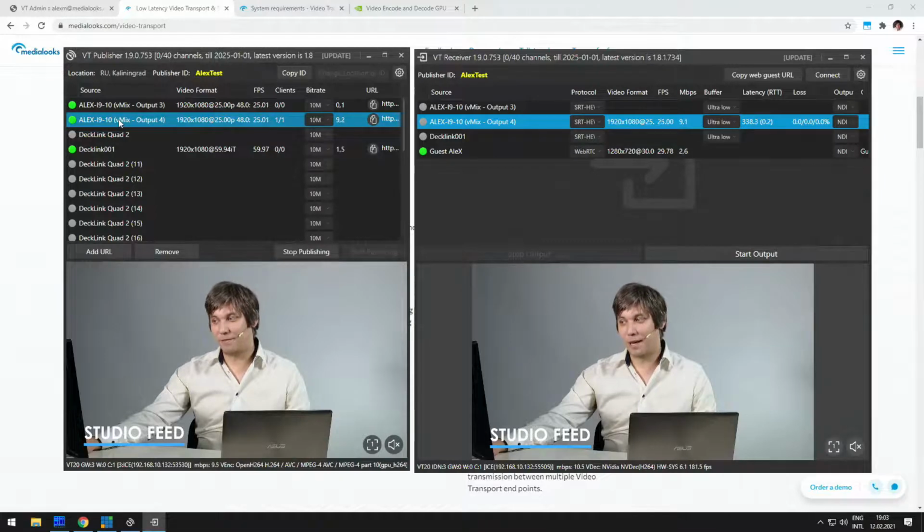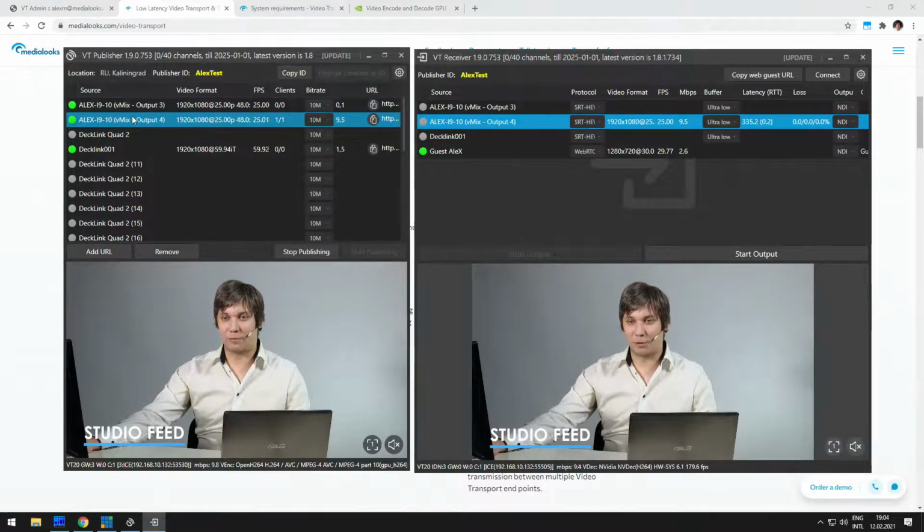And basically the way it works is that once you put the ports in here, VT publisher becomes a listener for the SRT streams, and VT receiver becomes the caller. So it's no longer using our rendezvous mode in here. Now the connection is originated from VT receiver to VT publisher, and the ports used on the publisher